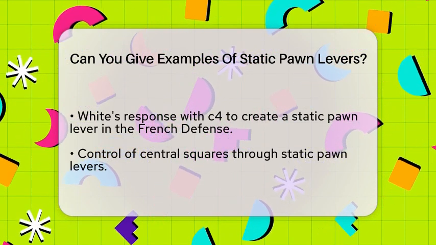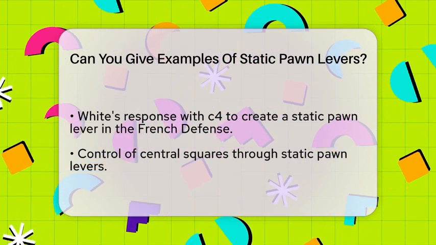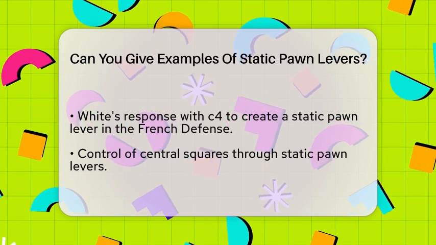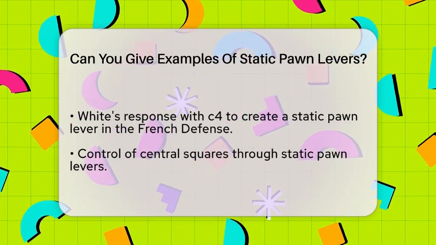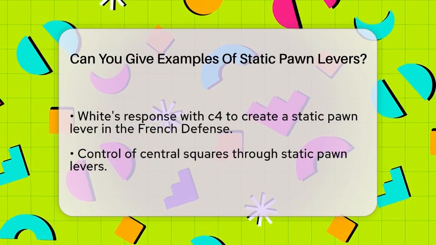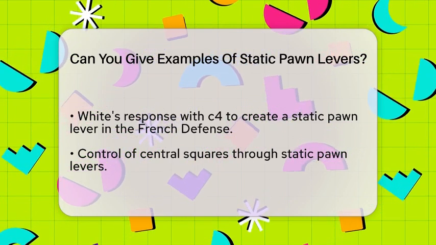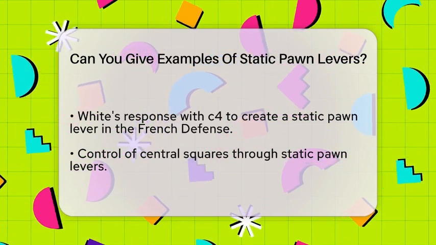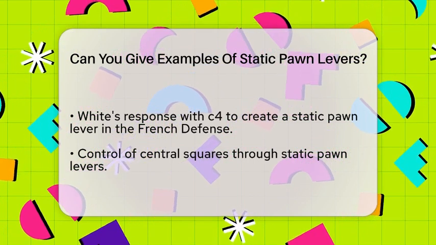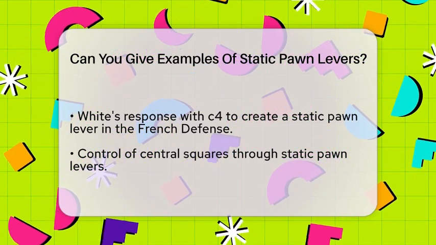Static pawn levers also help control key squares. For example, if you have pawns on e4 and d4, and your opponent has pawns on e5 and d5, you can maintain the tension. This control can restrict your opponent's development and create opportunities for your pieces to become more